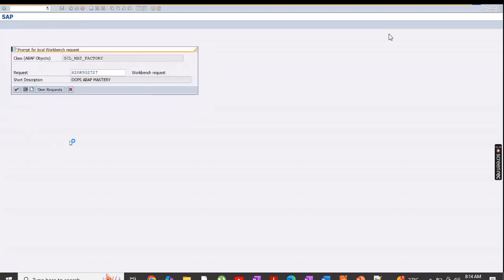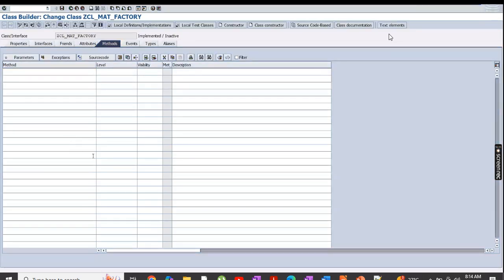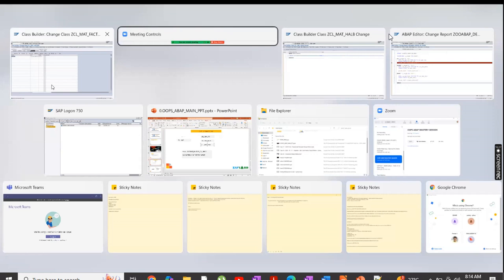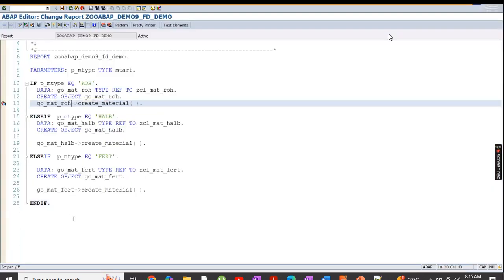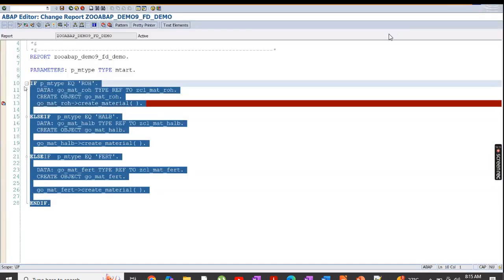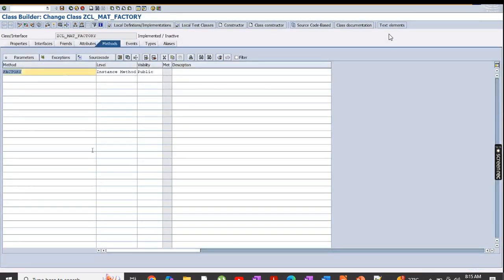Whatever code you are writing, generally in the factory class we keep the method called factory. Okay. And here instance and public. You can have a different method name also, but this is the convention that people, or SAP, follow. Okay. And all this code what you have over here, you have to put it inside this factory method,